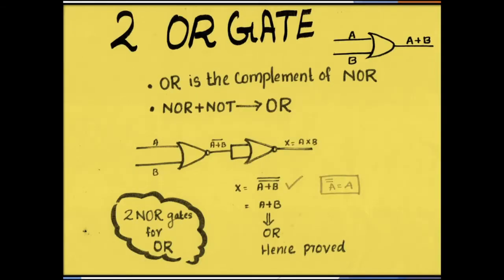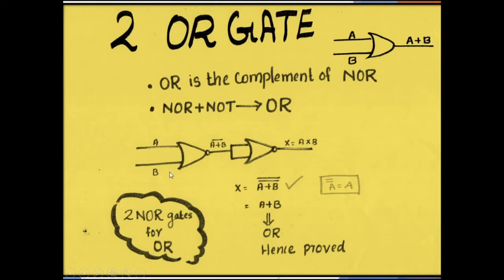Now, we implement OR gate using NOR gate. I have already told you NOR is the complement of OR, and the reverse mapping is also correct. OR is the complement of NOR. When we complement NOR gate, that is NOR followed by NOT gate, we will get OR operation. But here we can use only NOR gate. So instead of using NOT operation, we use NOR by joining the inputs.